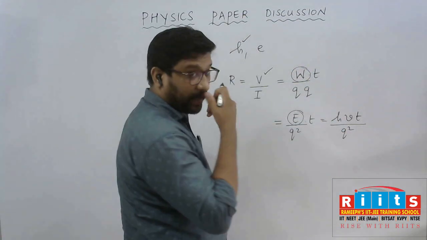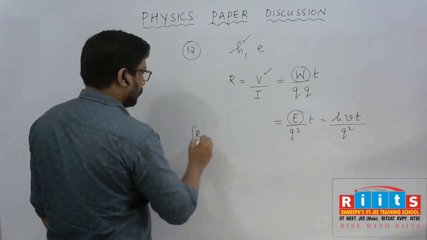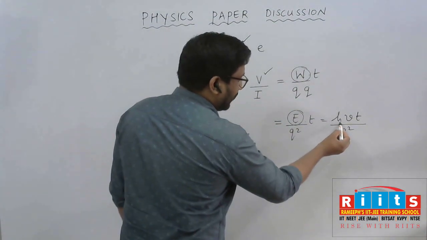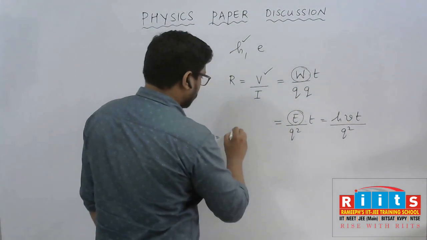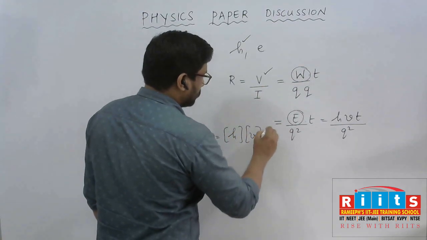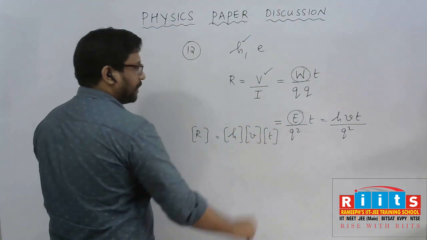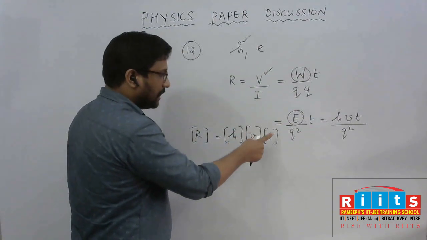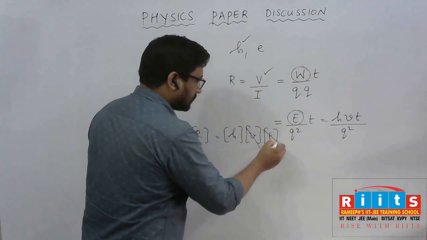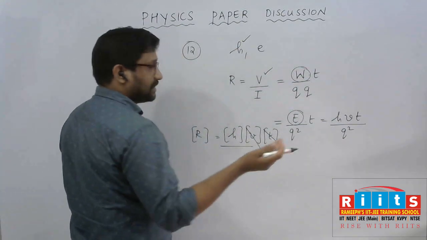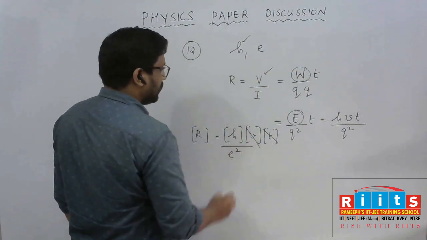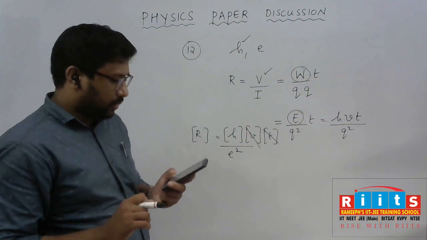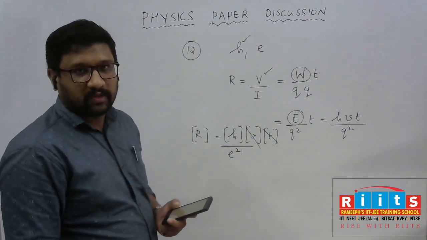So this is the format you can equate for resistance, and dimension wise, you can see which term the dimension of R is matching with. So the dimension of H, the dimension of frequency, the dimension of time. Frequency and time are inverse, yes or no? So the dimension of frequency is T power minus 1, the dimension of time is T, they will cancel each other, and Q square is charge square. In terms of E, you can write it as E square. So ultimately, the dimension of resistance is H by E square. Option C is the correct answer.